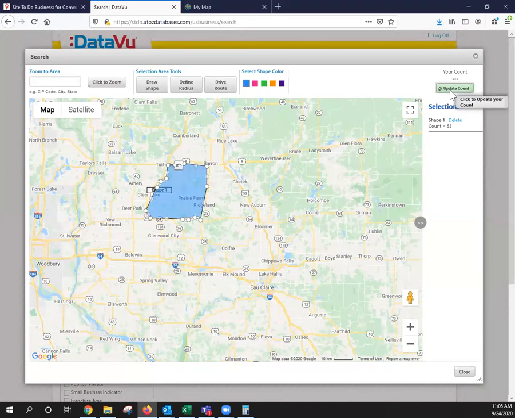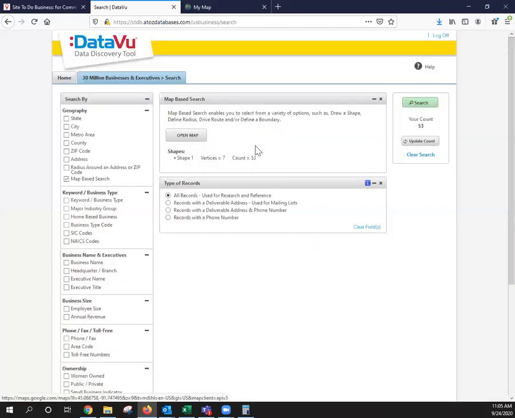And then I can always update count, and you can see the current count of businesses. If I hit close, that doesn't go away, that stays. And then I can continue to use the filters to more specify what kind of businesses I'm looking for. But for right now, we actually have